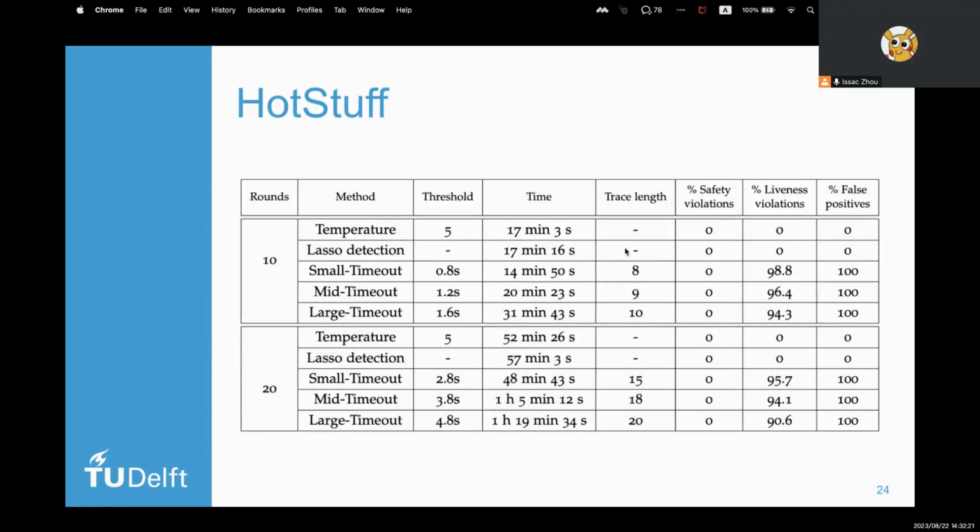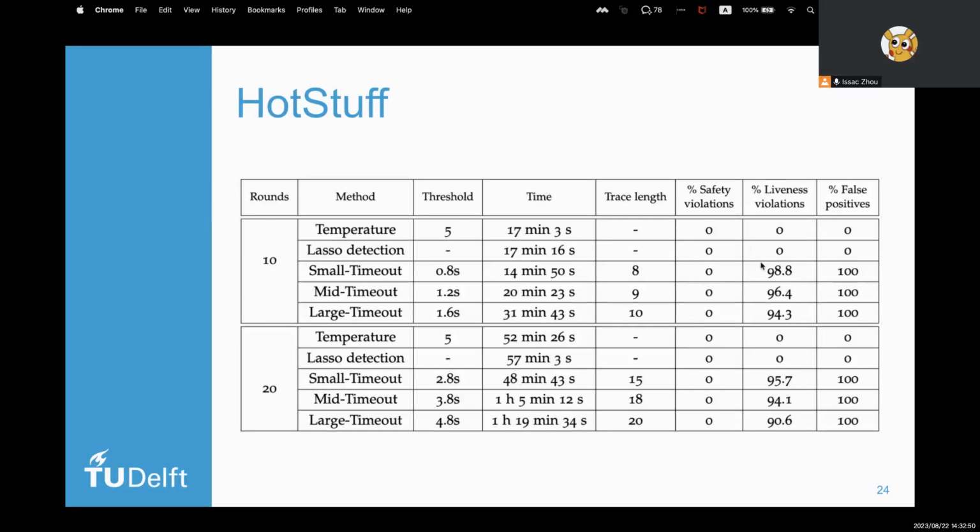The trace length means the average round at which we found a bug. A dash means that we do not require to fill this blank. For the temperature method, we estimate this bound to be 5 rounds because we experimented with a lot of test cases. We believe that 5 rounds can already manifest a liveness bug.